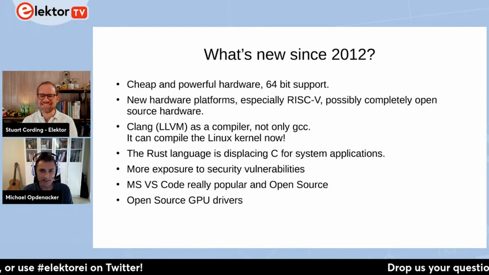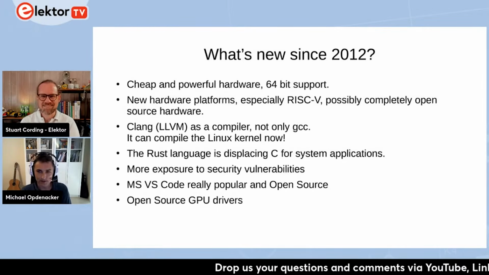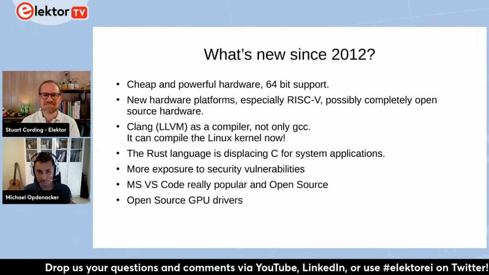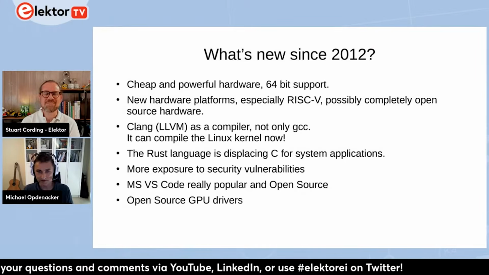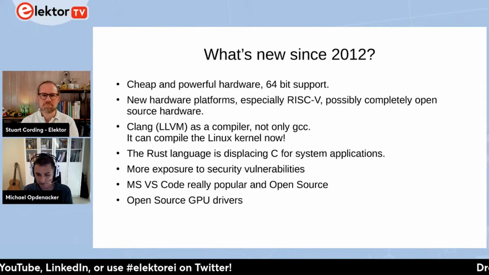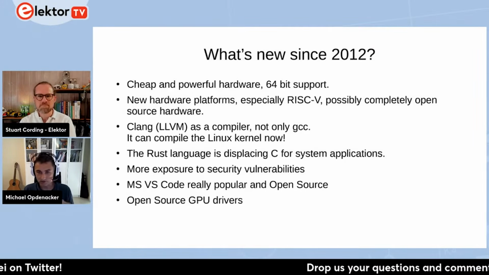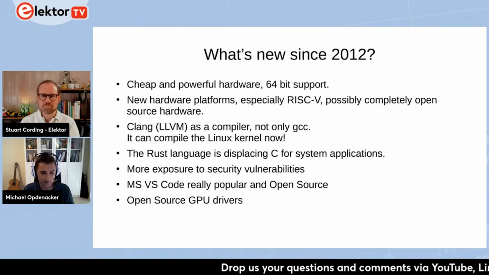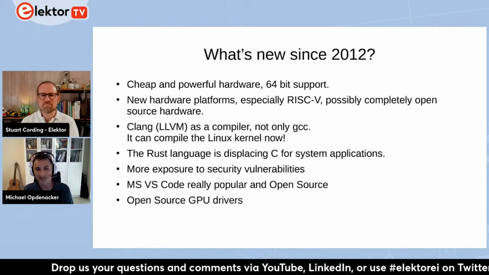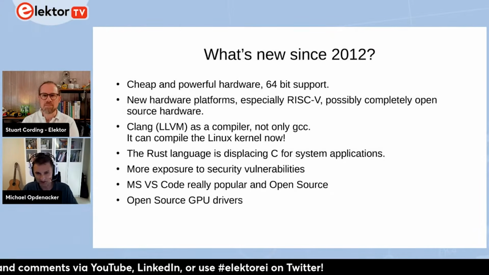Other things I could say is that we've seen more exposure to security vulnerabilities. It's not like Linux is less secure than before, but there's more attack surface, more devices are connected, and then there's a strong focus on the kernel side to find bugs and to fix them and to reduce the attack surface or to implement things that make it harder to break into a Linux system. But since Linux is a moving target, changing all the time, how can you make it super secure? It's impossible. Yeah. So that's always a trade-off.